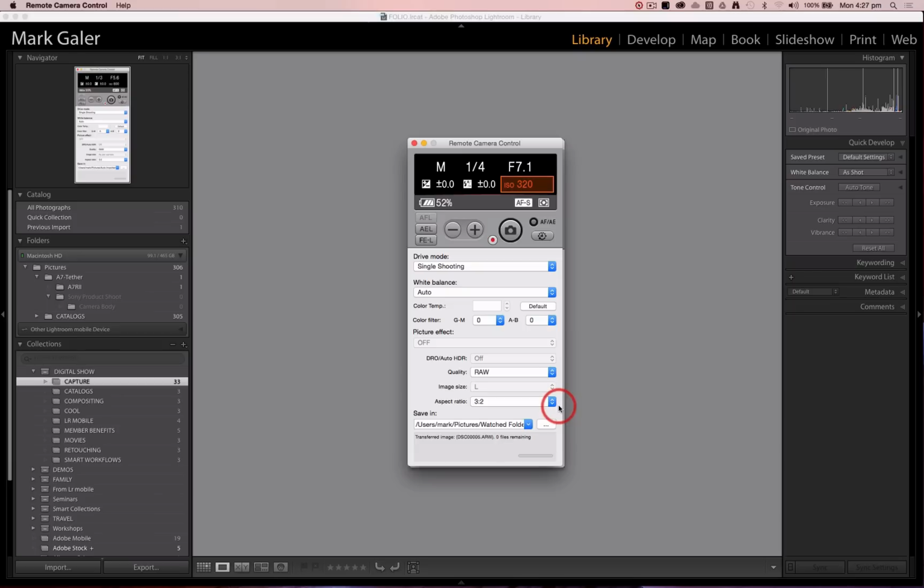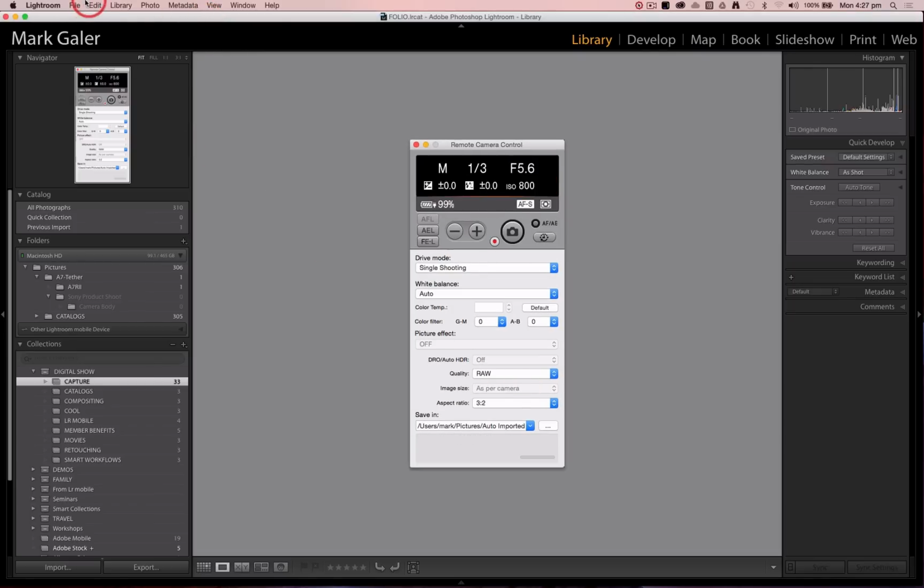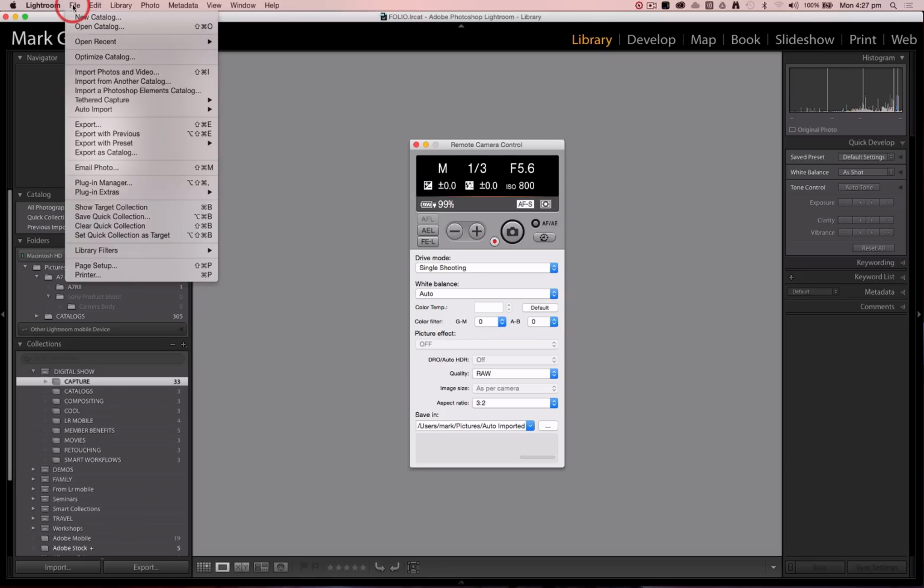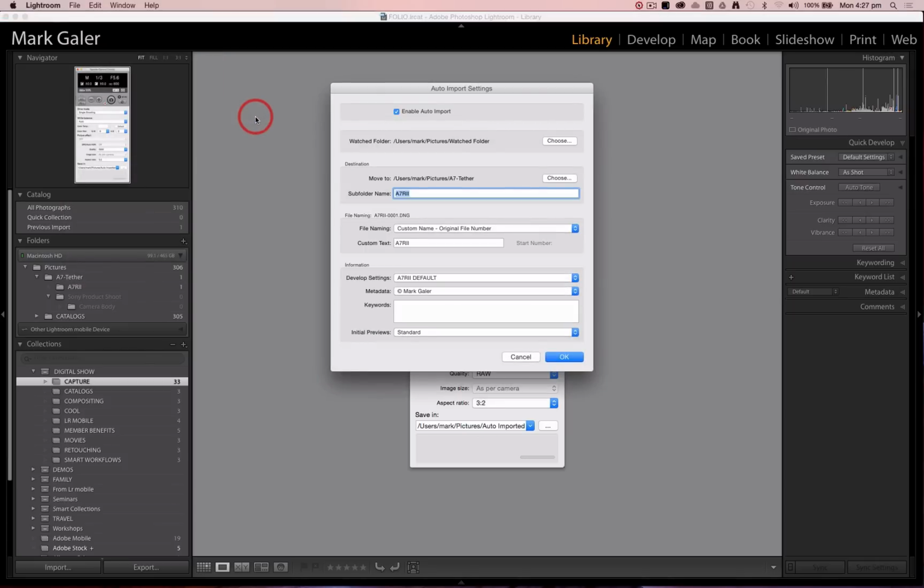Okay, so we're now able to take images using this piece of software. Now at the moment Lightroom won't see that it should be importing these, but let's come over to the Lightroom menu now, and we need to come down to the File menu again, and we need to set up the auto import, and we come over and choose auto import settings. Okay, now in order for this workflow to work, we need to choose the watched folder that we've just set up. So I just click this button here and browse to the folder I created inside my pictures folder called